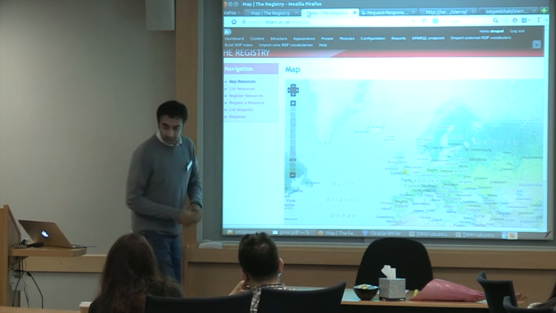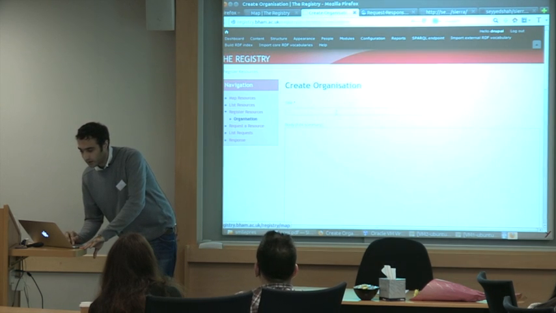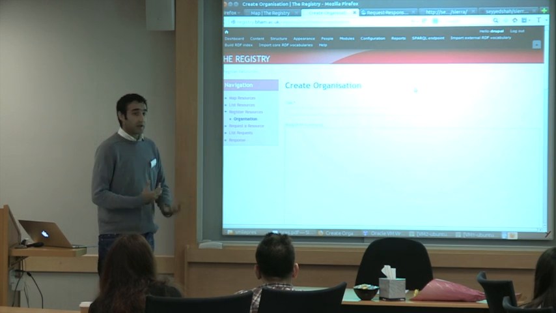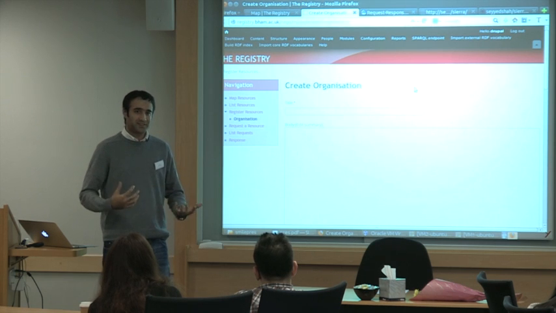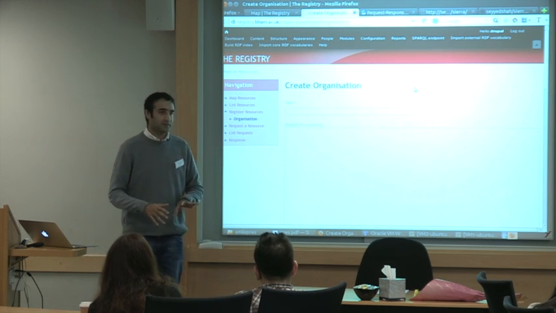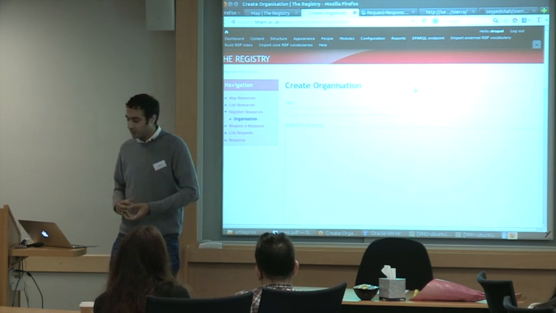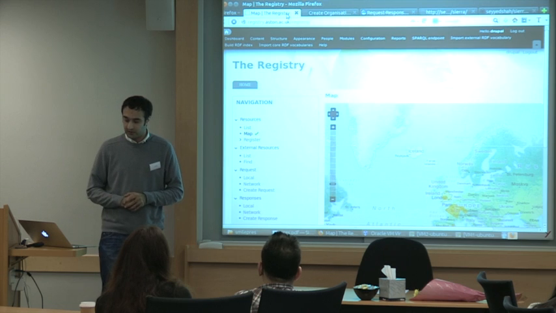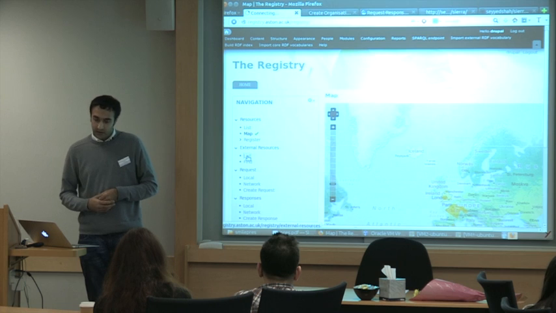And I'll just register a resource quickly. In fact, this is a cut down version of the site. It will allow you to create an organization. So the resource that you're sharing to other people is an organization. At the moment, it might not make sense to you, but you might have a vehicle here, somebody registering a vehicle, somebody registering a person, and you could fill in this information. And even though this is an independent site from the Aston site here, you can actually view what resources are on the Birmingham site